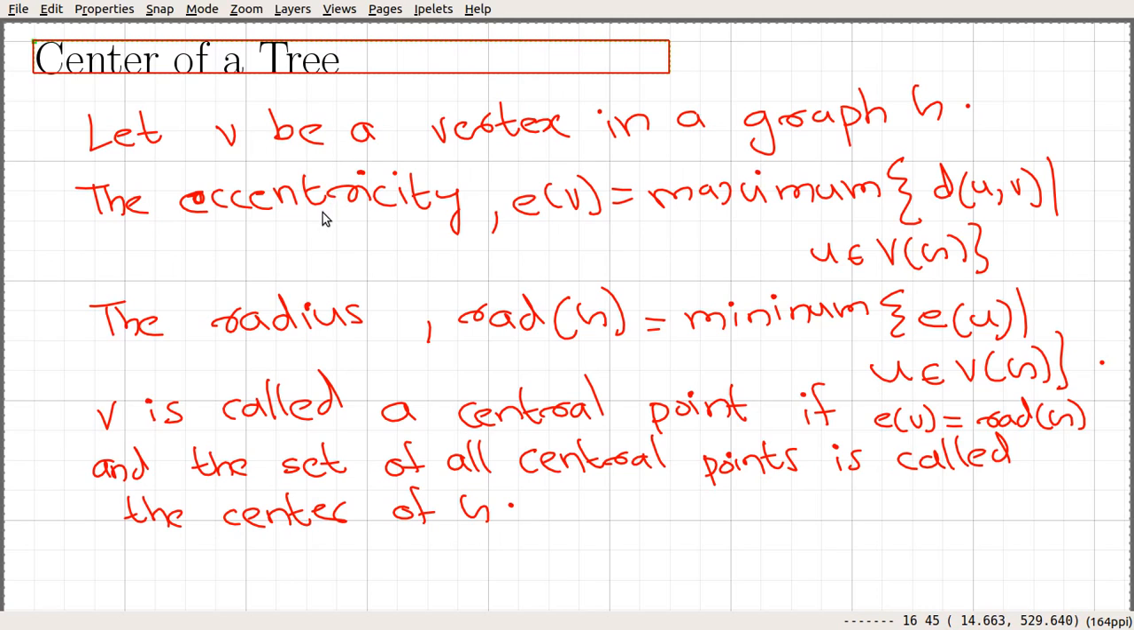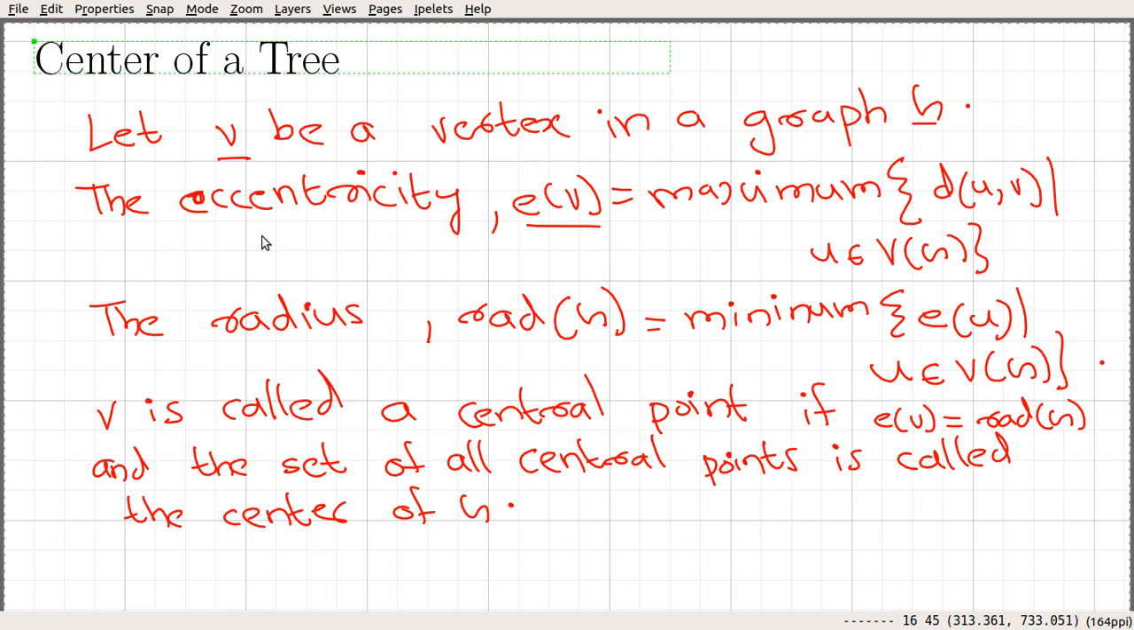Already we discussed the definition in a previous video, so for more details you can look into that video. Okay, so let me remind you of the eccentricity of a vertex, the radius of a graph, and the center of a graph. So let V be a vertex in the graph G, then the eccentricity denoted by E of V